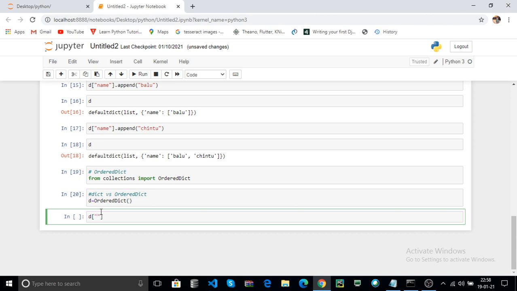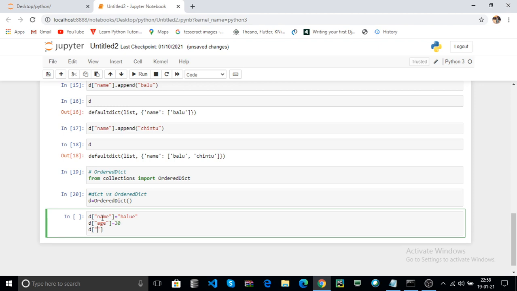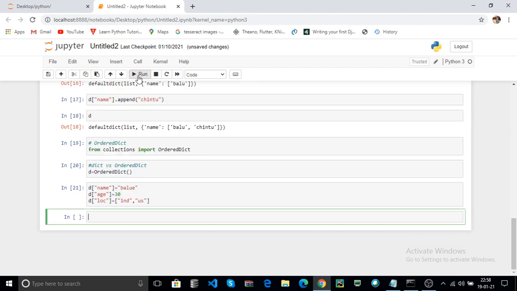Now D of name equal to Balu, and D of age equal to 30, D of location equal to a list, for example IND and US, and click on run.